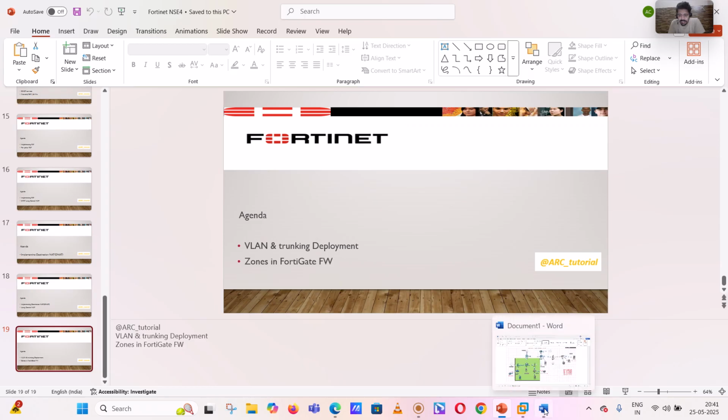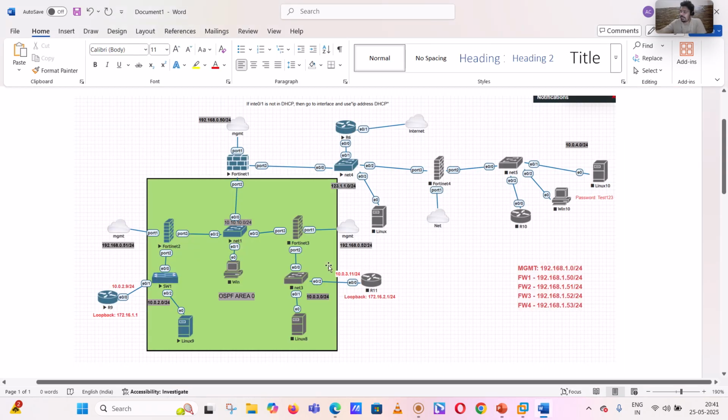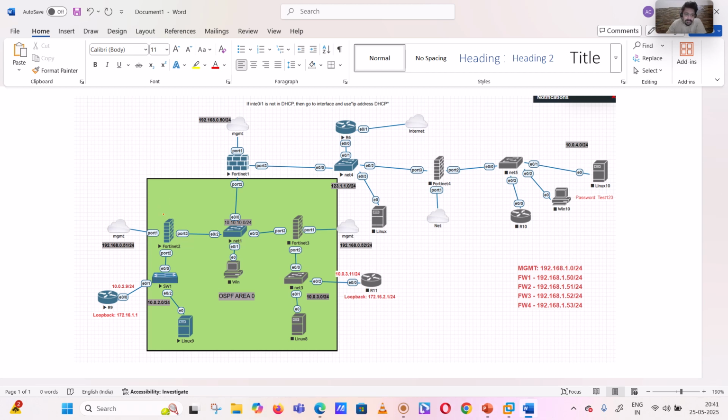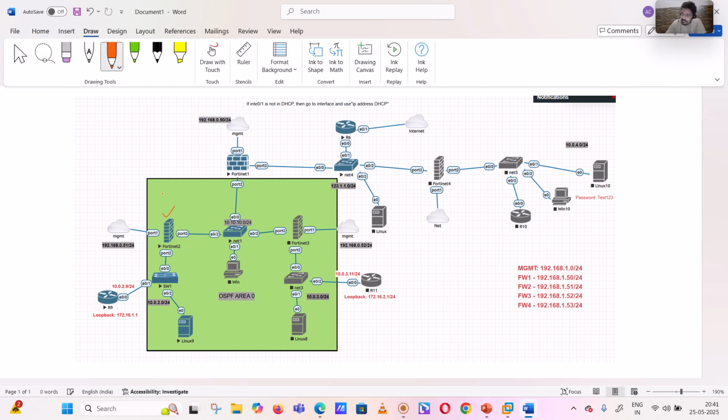Let me share what kind of topology we'll be using. So if you see these blue ones, we are going to use those ones today. These will be the topology flow. Okay, so these blue ones, these are the devices we are going to use today in our configuration part mainly. So what we are going to do, let's say this is our